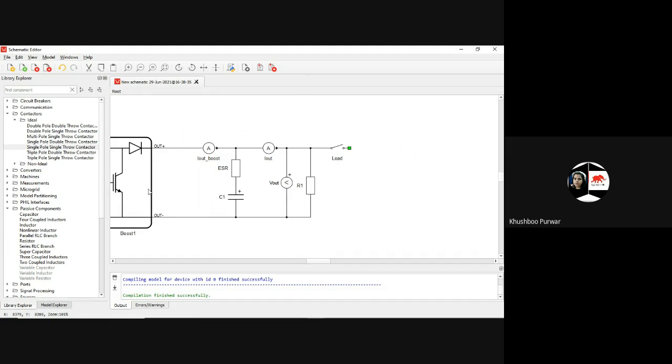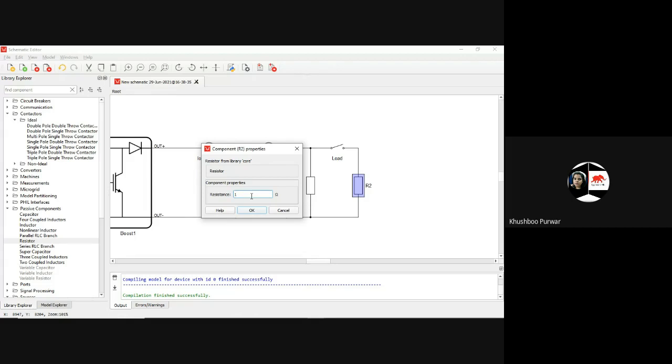From the load, now here I'll be providing another resistor from the passive element, and that value I'll be putting as 25 ohm. So this value is 25 ohm.